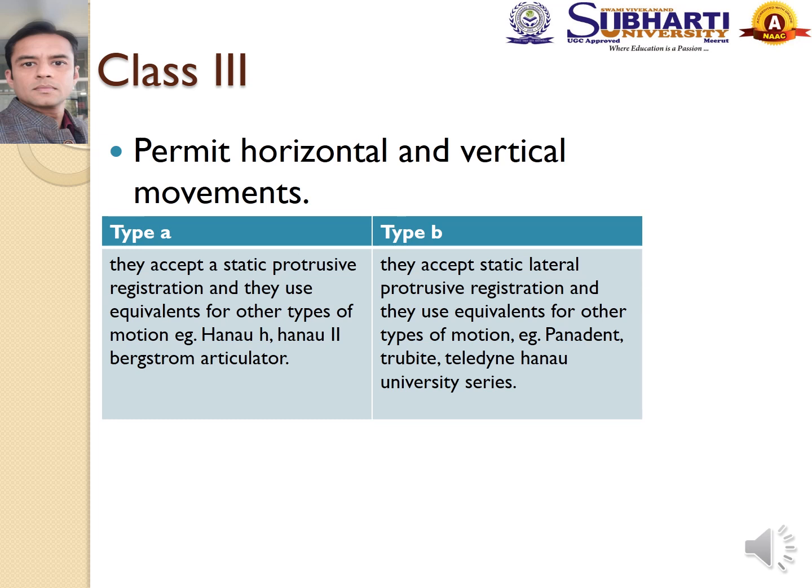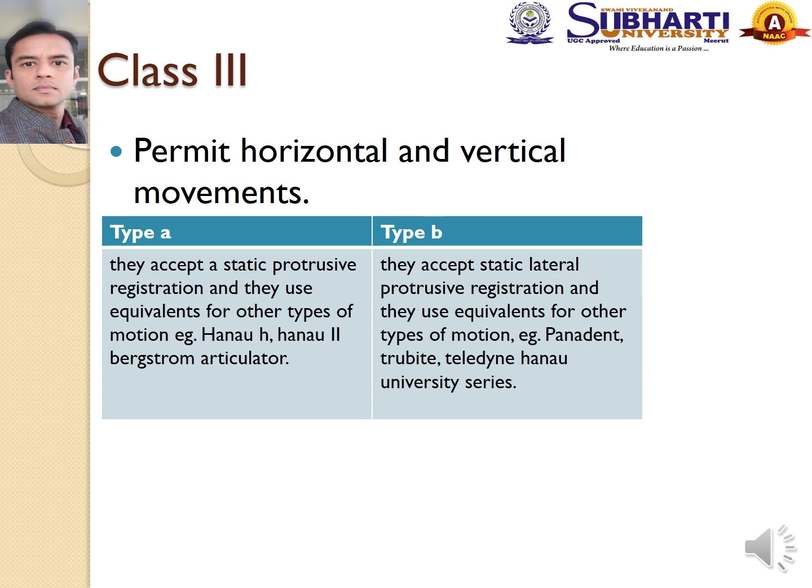Now they permit horizontal as well as vertical movement. Now they can be classified again as class 3A, class 3B. The first one was class 1, no subtype, class 2 subtype 3s, now class 3 subtype 2, that is type A, type B. In first only vertical, in second we have vertical but limited horizontal. Type 3 we have horizontal as well as vertical simulations.